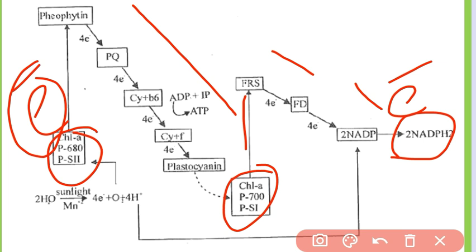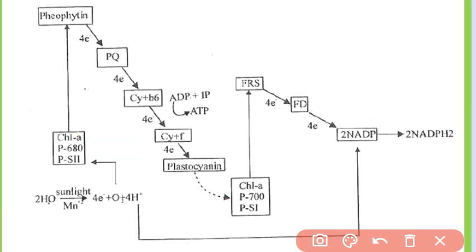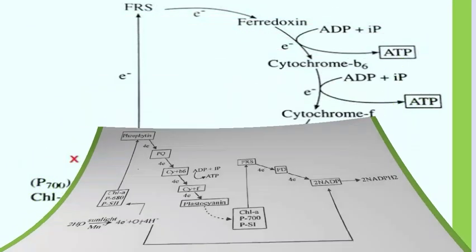So it is a Z scheme photophosphorylation or a non-cyclic photophosphorylation, and in this photophosphorylation, phosphorylation occurs at one step where the electron moves from cytochrome B6 to cytochrome F. Here the ATP molecule is formed from ADP and one inorganic phosphate. In a non-cyclic photophosphorylation, at one step there is a formation of ATP, but in case of cyclic one,